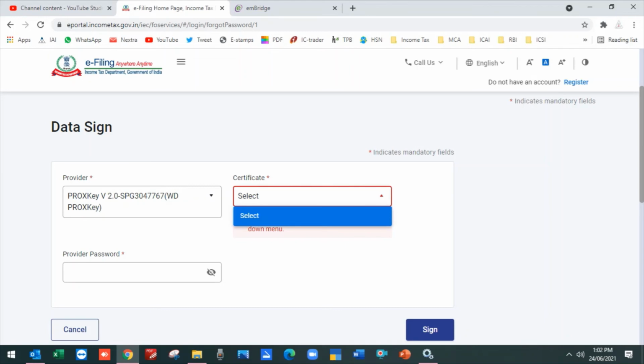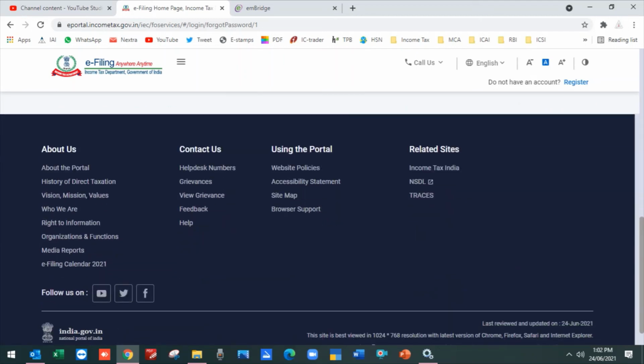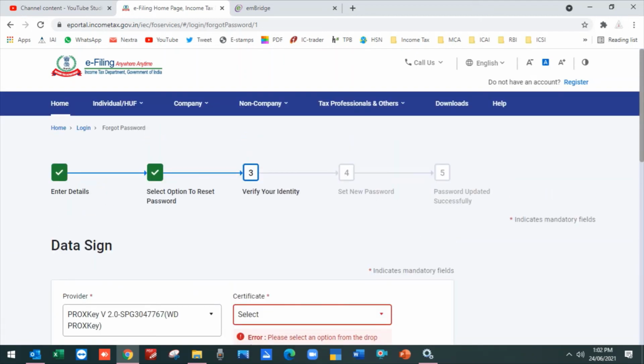Select it, then enter the DSC password, whatever the password for the DSC is, then sign. Once it verifies your identity, it will bring you to set a new password. Fill in the new password, click on submit, and your password will be updated. So this is the very simple process to change your password.